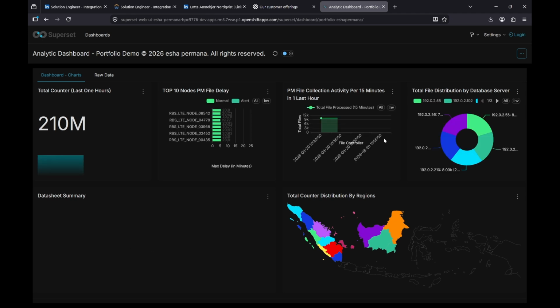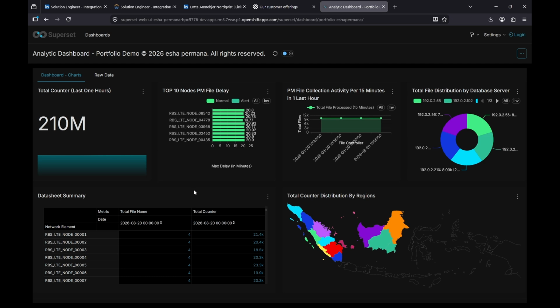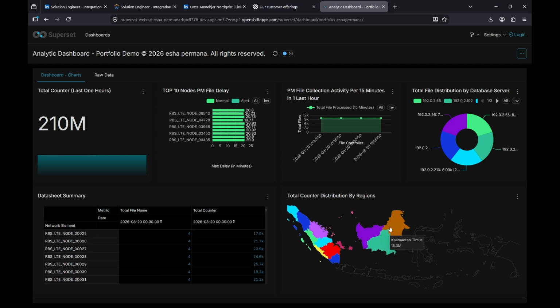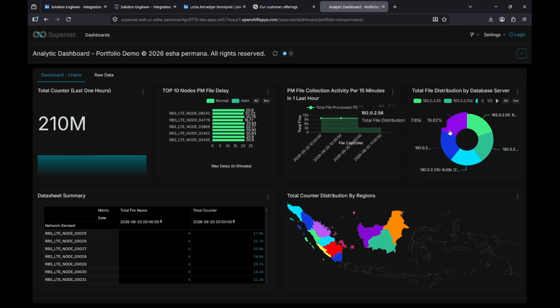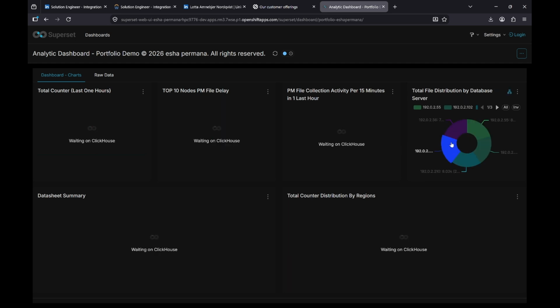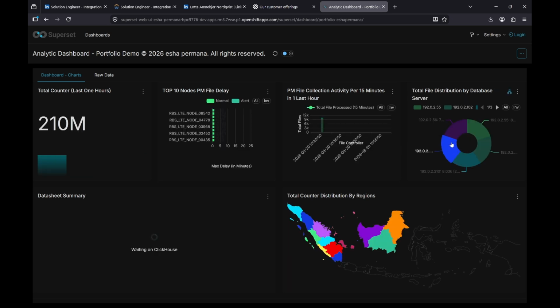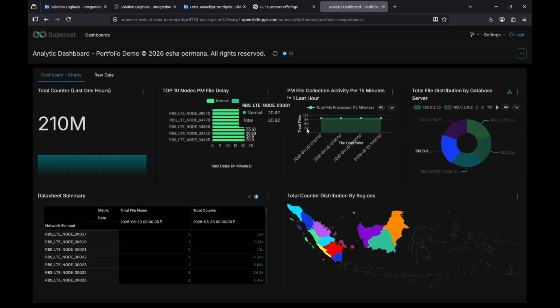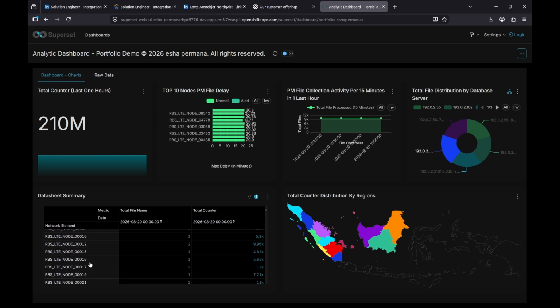Yes, the application has onboarded. Okay, we can click, this is on the maps, on the pie chart. From the chart to chart is already connected.